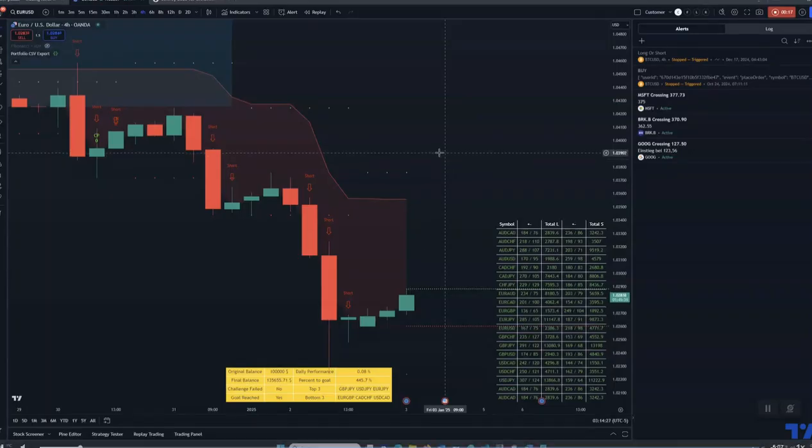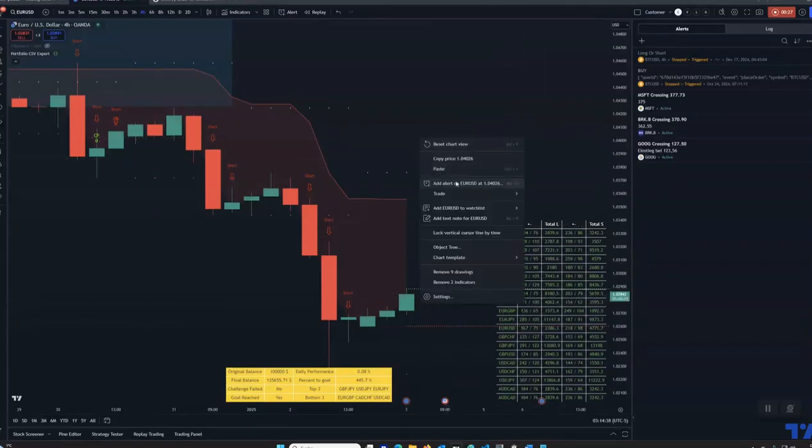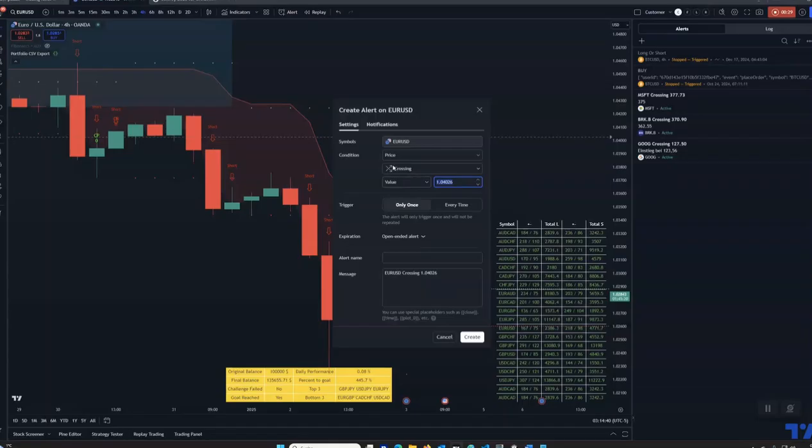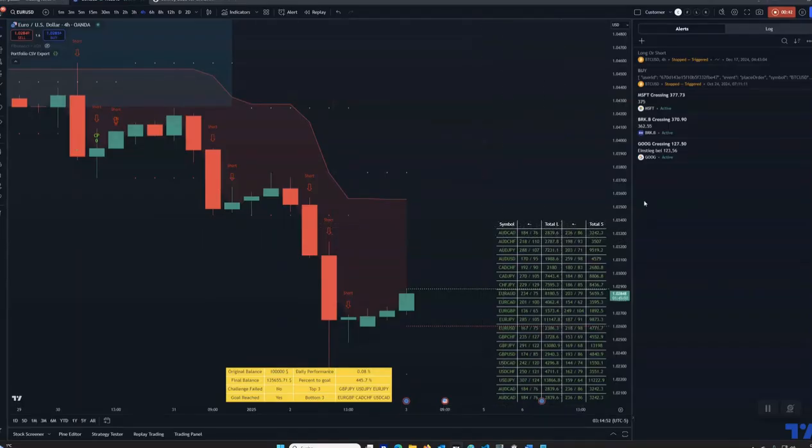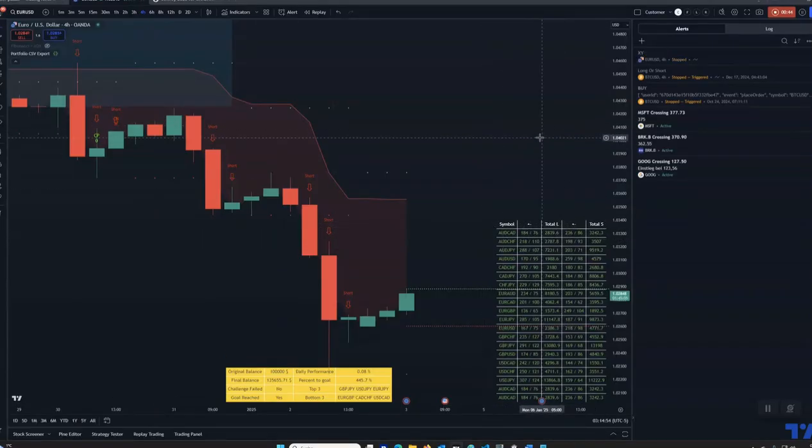I've built a functionality into the script that you have sent to me. So you can see the screener table here, challenge table here. We are only looking at the screener table. I right click my chart, add an alert. I select the script, portfolio CSV export, and then I give it a name. So I just call it X for now, or XY. Create. And now it should trigger right away